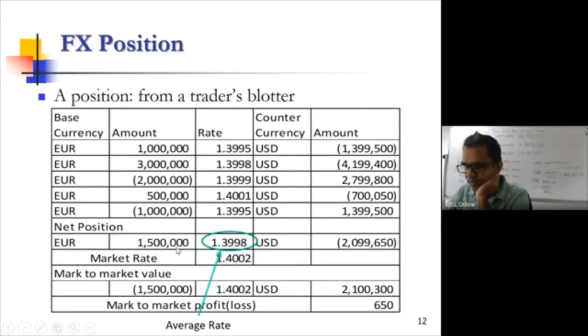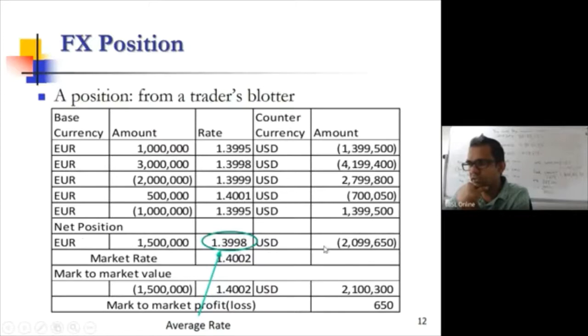So this is the cost. To buy 1.5 million euros, you have paid $2,099,650. So what is the applicable rate? How do you get this average rate? You divide this 2,099,650 by 1.5. Then you get this rate. This is your cost, your average rate. Once you do all these transactions at these rates,